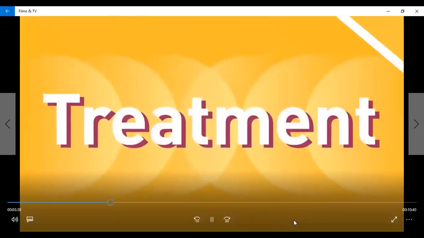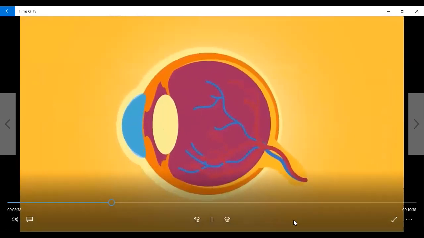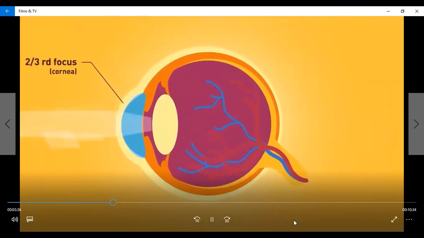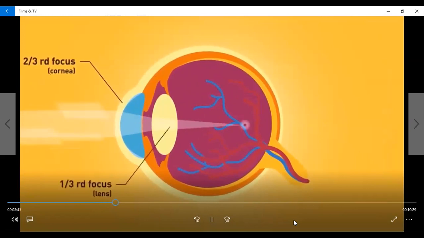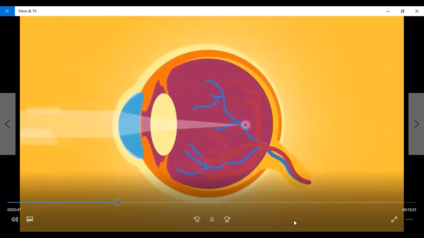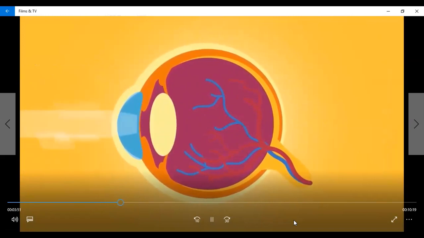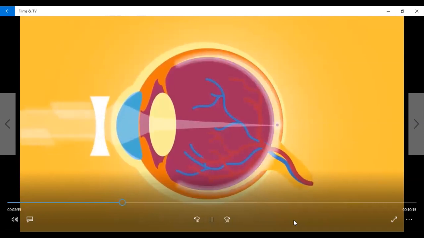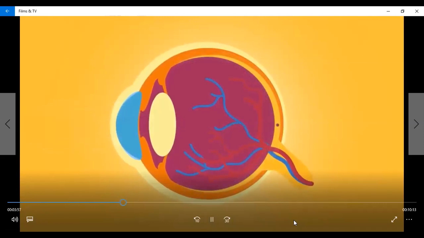Treatment. Unlike the camera, maximum 2/3 focusing in an eye is done by the transparent front part, cornea, while the rest, 1/3, is done by the lens. So, while treating these patients, we have to decrease the focusing power of the eye so that the image is formed on the retina instead of in front of it. This can be done by using either a diverging lens like glasses, contact lenses,